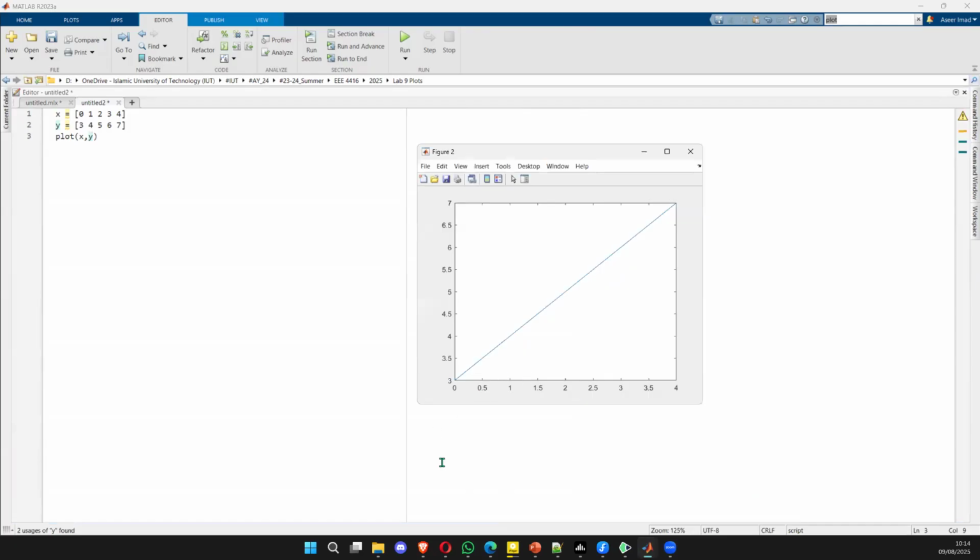So that means what? We have written x equals 0, 1, 2, 3, 4. So at 0, the value of y is what? 3. 0, comma 3. Then 1, comma 4. Then 2, comma 5, 3, comma 6, 4, comma 7. In this way, your function plot will plot your values, the points in this way, and connect